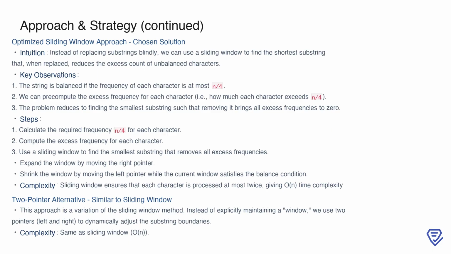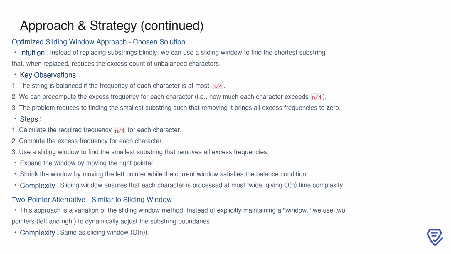Then determine the excess frequency of any character exceeding this threshold. Finally, use a sliding window to identify the smallest substring that eliminates these excesses. The window expands by moving the right pointer and shrinks by moving the left pointer, ensuring the balance condition is satisfied. This approach processes each character at most twice, leading to a time complexity of O(n), which is far more